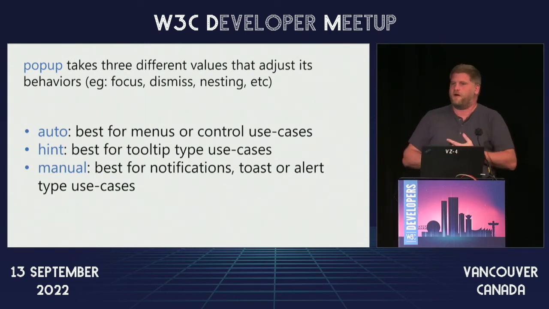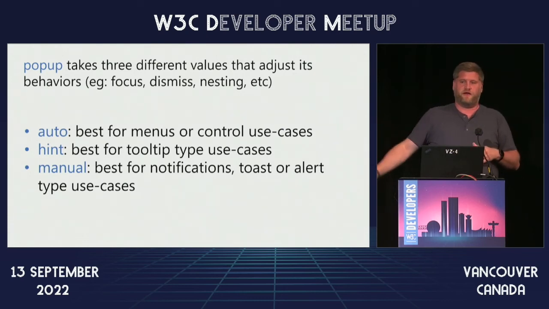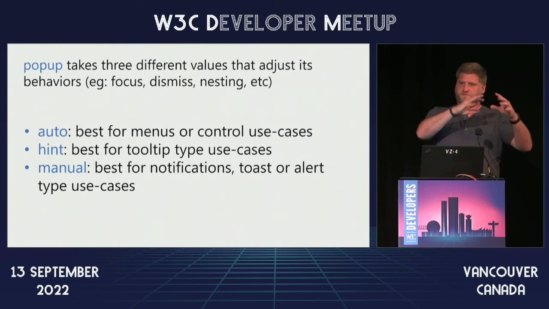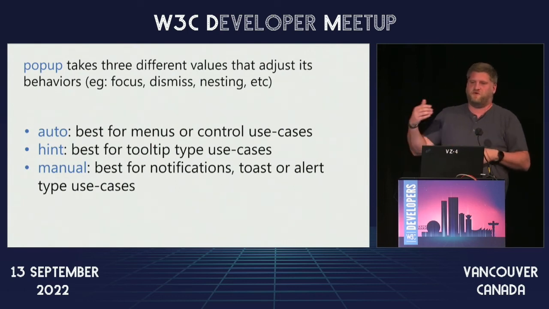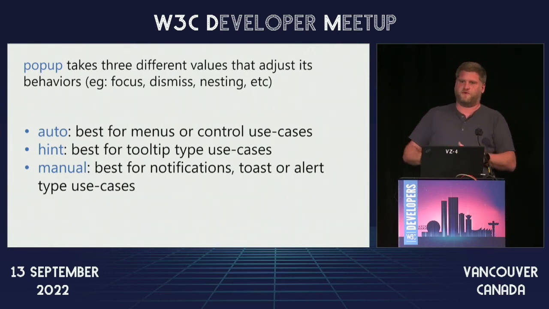Auto is going to be probably the one that you want to lean into the most. It allows nesting. It has your more common dismiss behavior. So if you press the escape key, if you click outside of it, it dismisses all the other pop-ups. Hint, this is again primarily for the tooltip scenario, so it's not going to necessarily dismiss just because I'm clicking somewhere else, because it's supposed to be ephemeral, I can't say that word, off to the side. And then manual is, in a lot of respects, you're trying to manage the pop-up yourself. So it's going to pop it up in the top layer, but it's not going to have all the dismiss capabilities tied to it. You need to go implement those yourself.